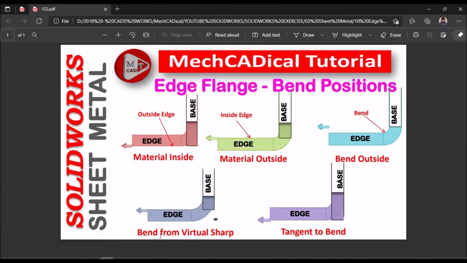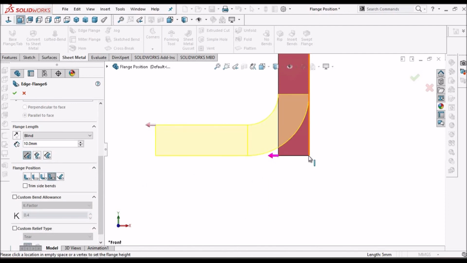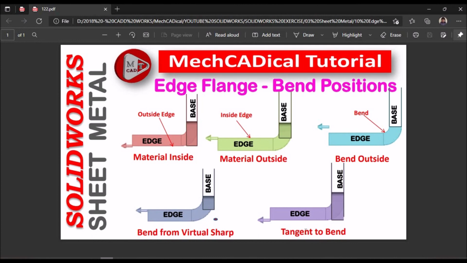Next is from the virtual sharp. That means the intersection of this outer edge and this outer edge, there is an intersection point. See here, for 90 degrees, it is forming exactly at this point. And this is tangent to bend.